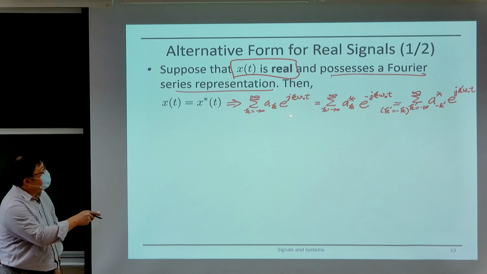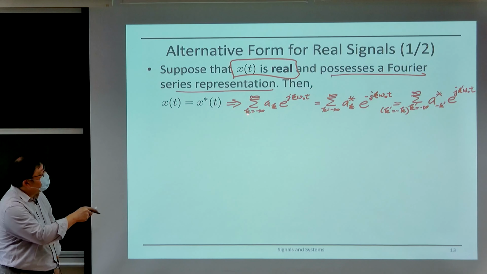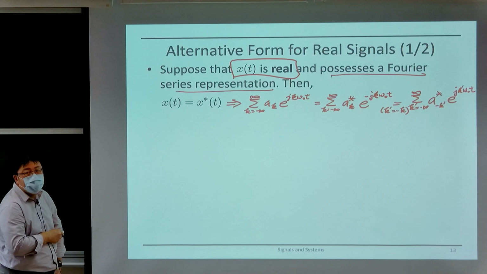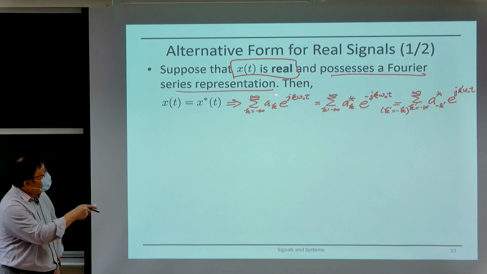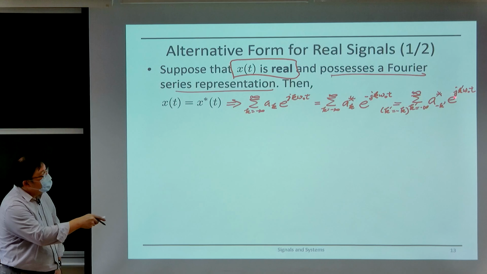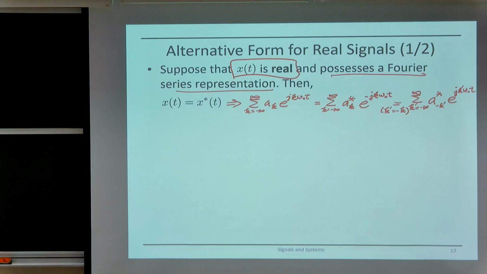Now, if you compare this term and this term, for the same k or k prime term, you can see that a_k should be equal to a minus k complex conjugate. Okay? So this implies that a_k should be equal to a minus k complex conjugate. Or you can write this as, let's say, a_k complex conjugate equal to a